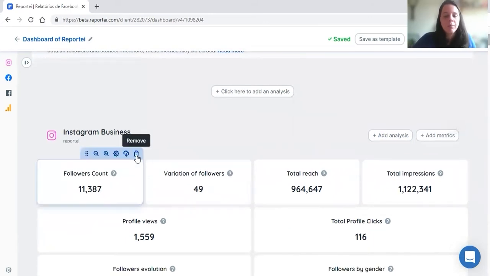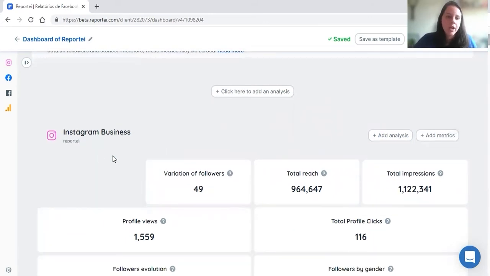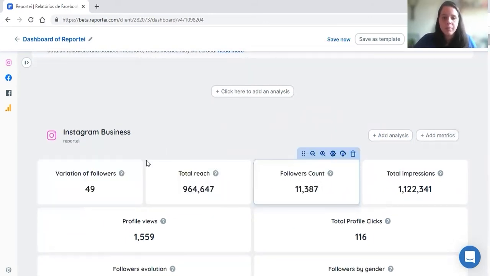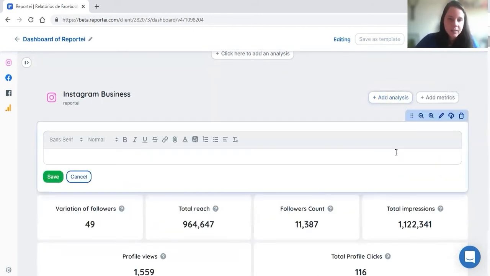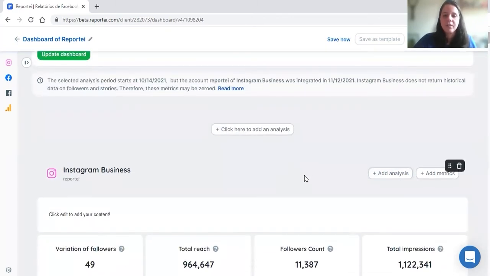So I can remove metrics, I can change the positions, I can move the metrics to change the positions, I can add commentaries, I can add analysis. So you have the same options, but I have this dynamic